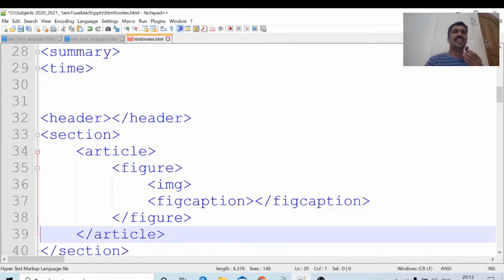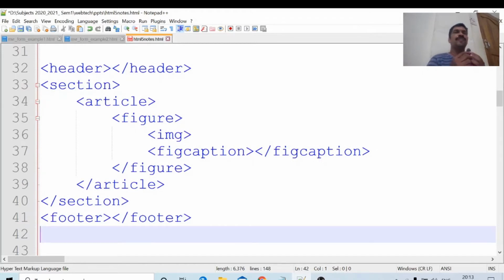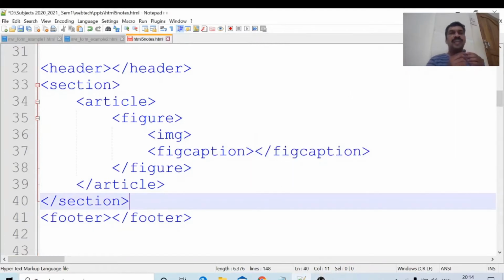Okay, we will see clearly the difference between these two programs. This is one HTML file. By observing this HTML file, what can we say? Header is there, some footer is there. Section part is there. Section contains article. Article contains figure. Figure contains one image, and that image has some caption. We can say some information by seeing this.